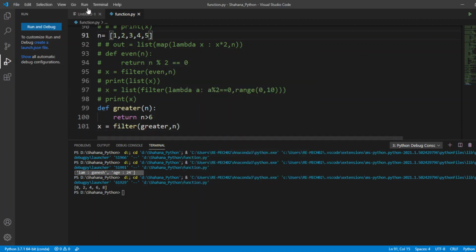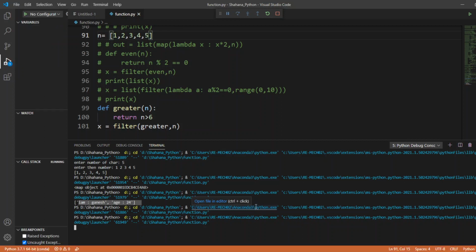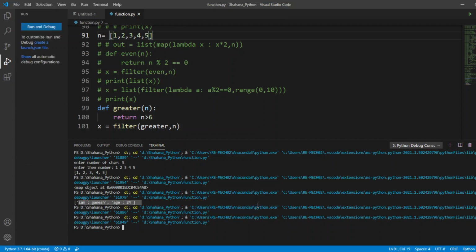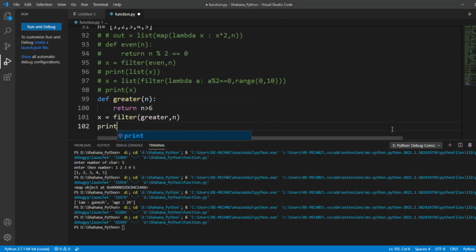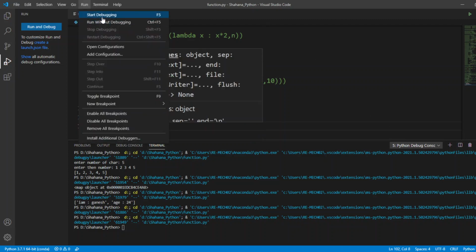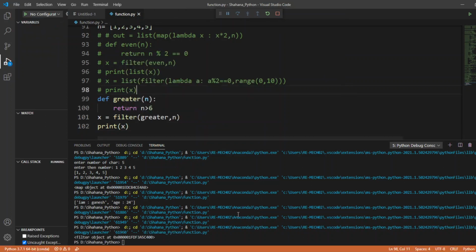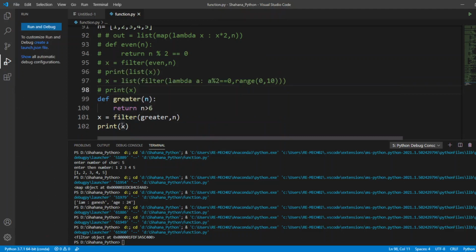I'm going to run this. Sorry, I just forgot my print x. Okay, we got our filter object. I just forgot to convert that into a list.